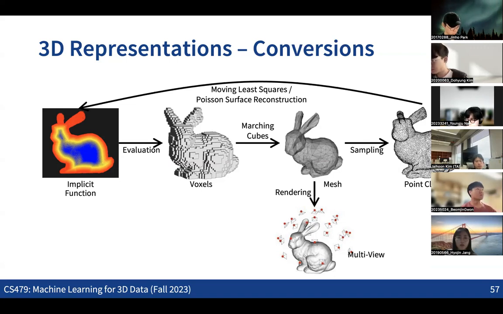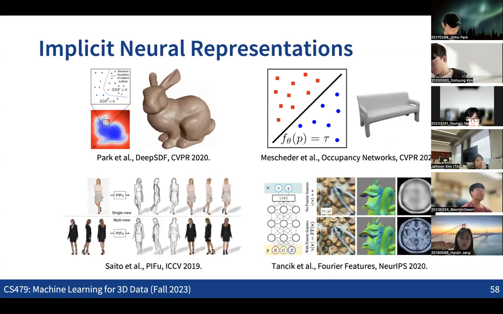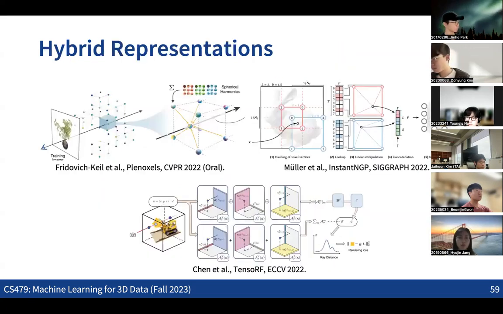And we also discussed that the implicit representation is a really powerful representation, especially for many reconstruction and generation setups. We also discussed SIREN and Fourier features, positional encoding, and how we can reconstruct all the fine details when learning the implicit neural representation. This idea was also extended to the NeRF case, learning the radiance and the opacity. And for that, we discussed hybrid versions of the representations, combining voxels with implicit functions, and also having the triplane and other things.